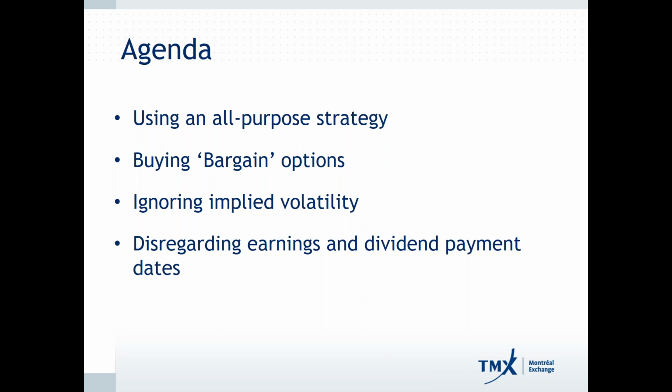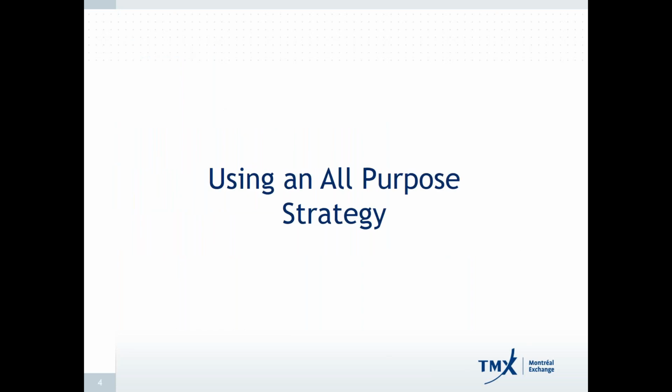Then we're going to look at everything from earnings, dividend payments, and other things like that in regards to some of the considerations for options pricing. So let's get into the first topic of using an all-purpose strategy